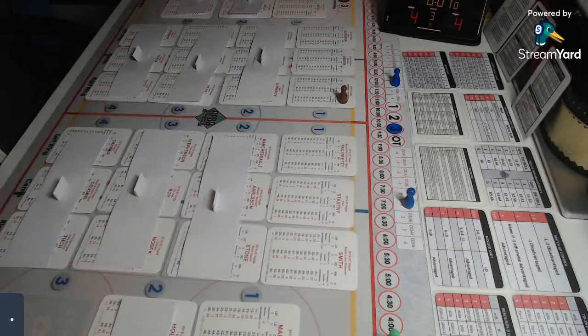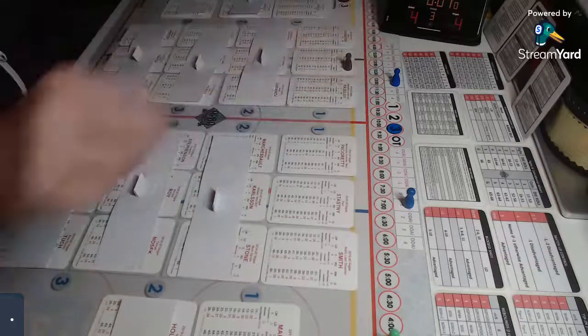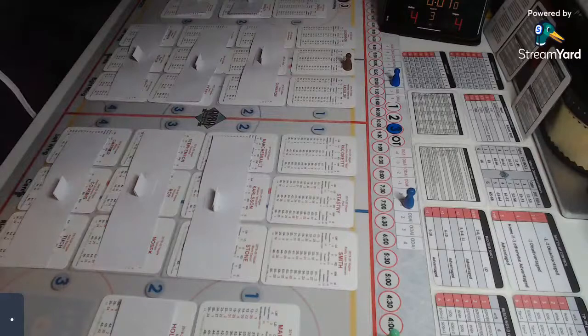Marc-Andre Fleury, 46 is a 42. He makes the save, but there is a chance of a rebound, and the rebound will go to the highest I rating, which will be Seguin, and it's a 3 on a 7. So it is just a standard shot and goal for Seguin, and his shot